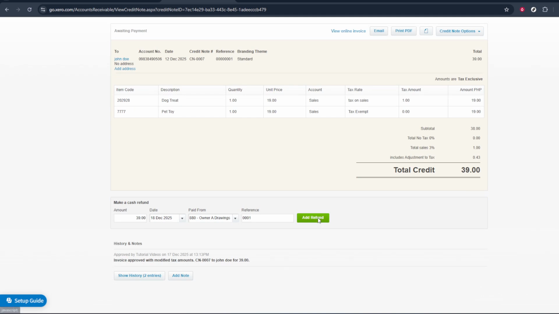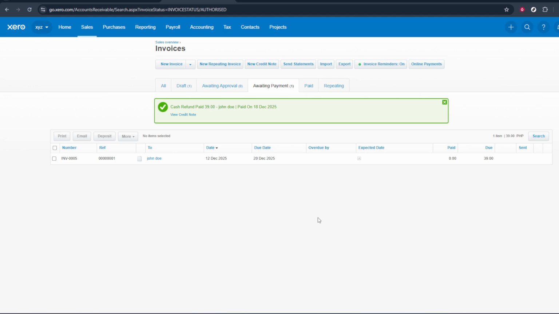Choose the correct bank account you're refunding from, set the refund date to match when you processed it with your customer, and double check the refund amount. This should match the available credit or the portion you actually want to refund. If there's a reference or description field, add a short note so you or your colleague